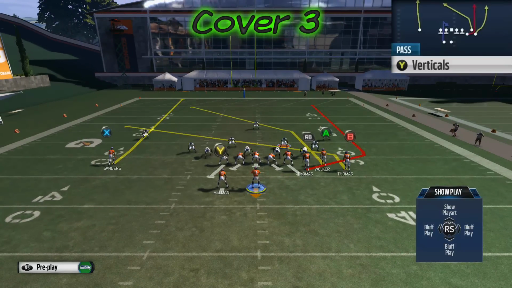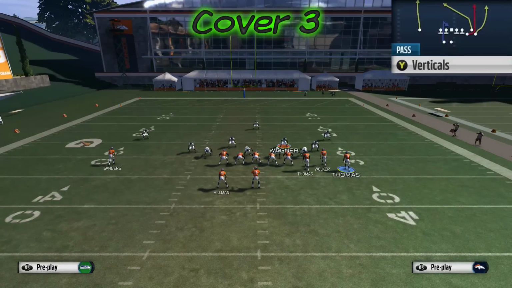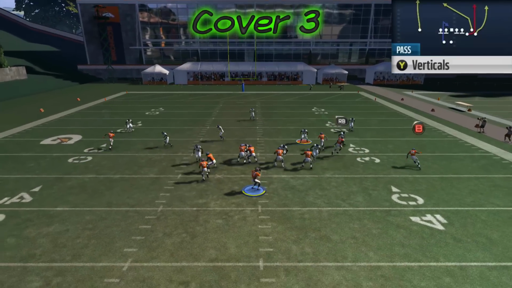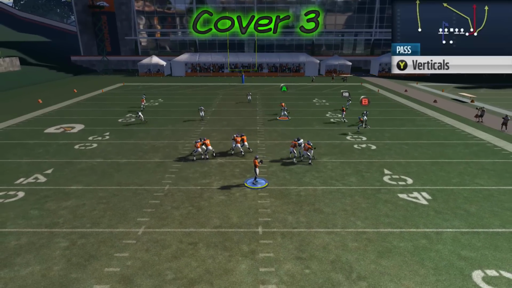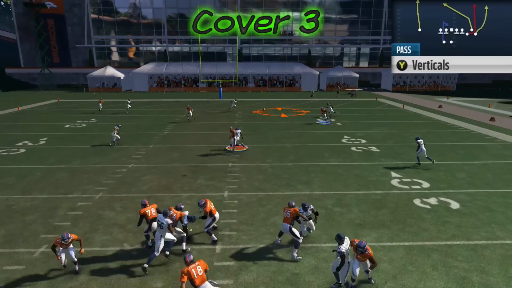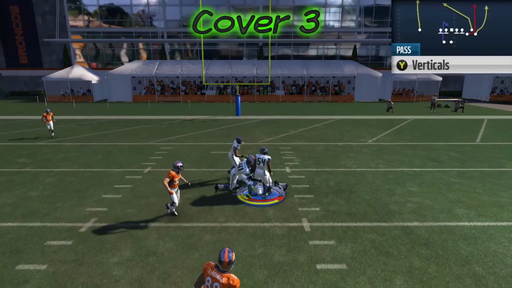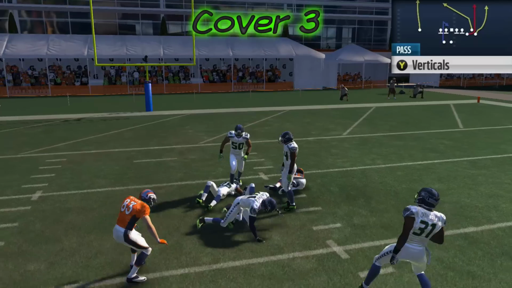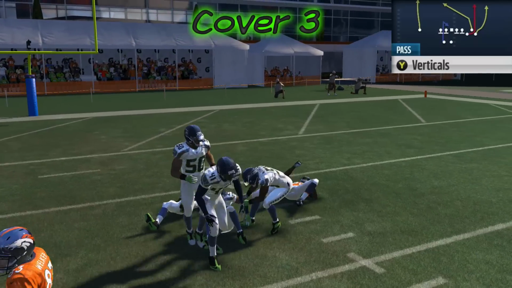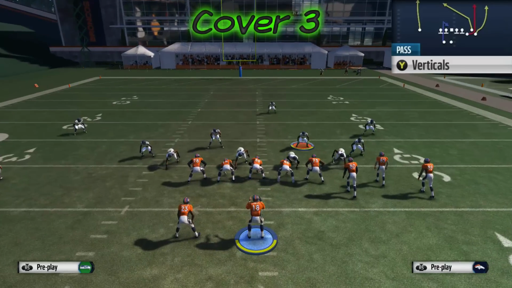We're going to motion B out to the right, and as he takes a couple steps, we're going to snap the ball. What this is going to do is create space. It's going to take the outside corner and move him out slightly. It's also going to create space between the B route and the A route going over the middle, and it's going to create space for the wheel route on the tight end. As you notice right there, I'm able to bullet pass that inside, click on, and catch it.